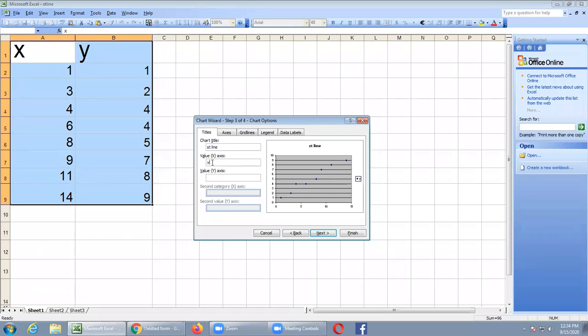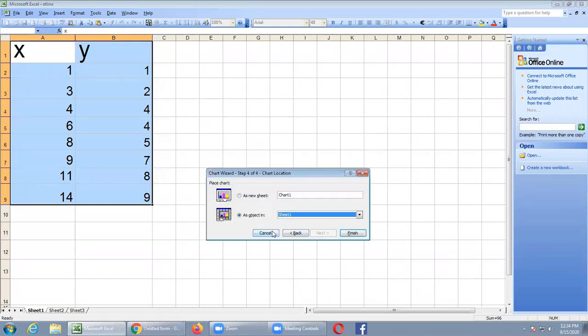X-axis as X values. Y-axis as Y values, because only X values and Y values are given to you. And then press next button, and then press finish button.